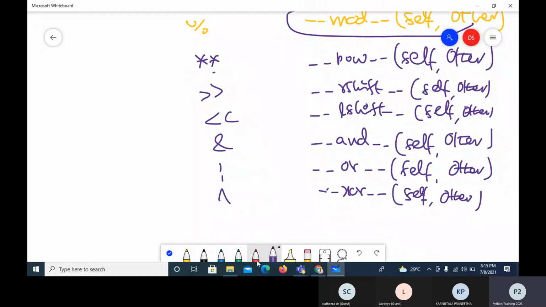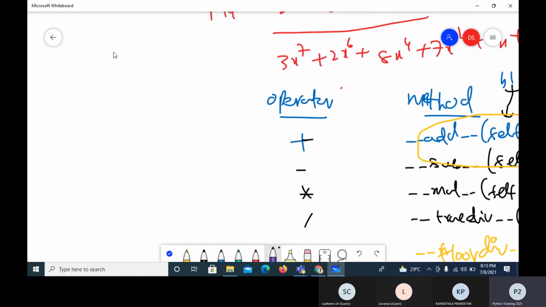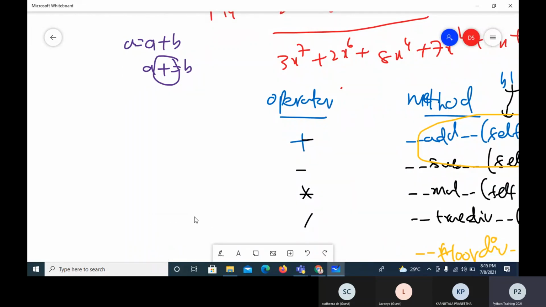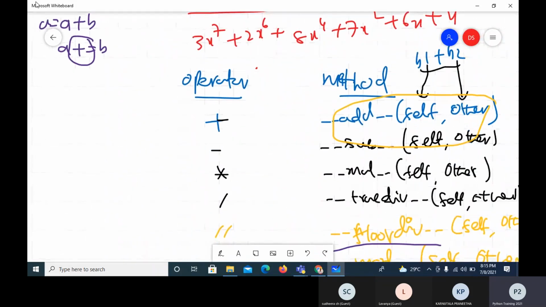Now, one more thing before we proceed: when I take A plus B, and I say A equals A plus B, what I can write is A plus equals B. So this is shorthand. Similarly, if I want this kind of shorthand operation on an object, there are similar methods.